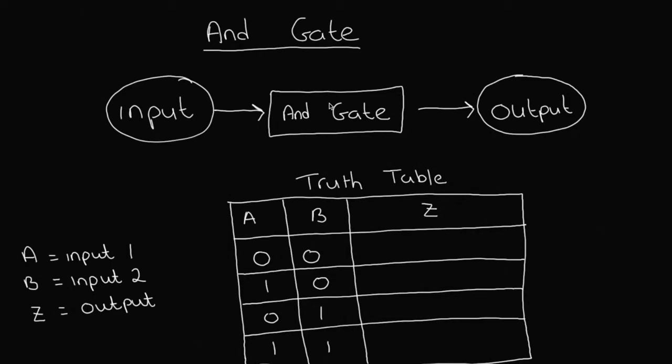So if we jump into this, we can see that we will only get a true value, so we will only get 1 as our output if both of the inputs are true. So if 1, 1, we can see these are both true, so this will result in a 1 or a true value as an output. Now with these other inputs here, they're not both 1. So if it's any of the rest of them, unfortunately we'll get a false value,